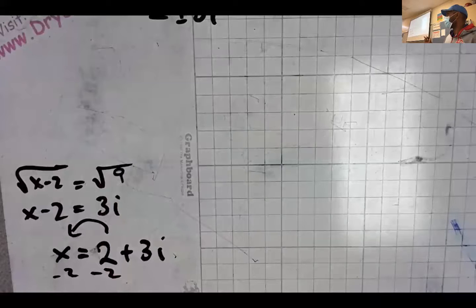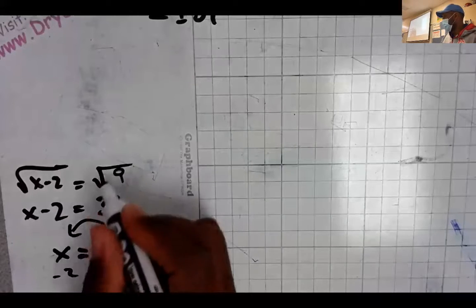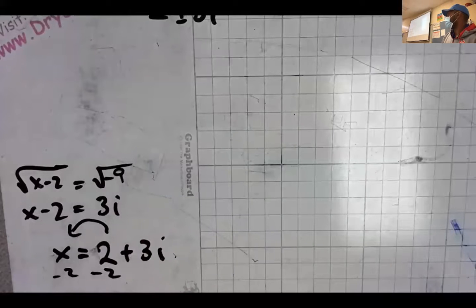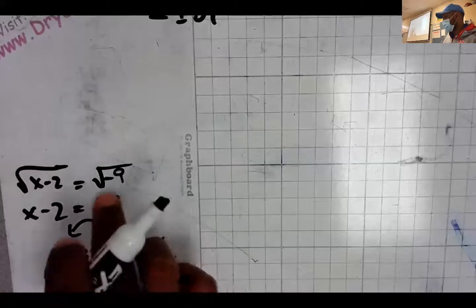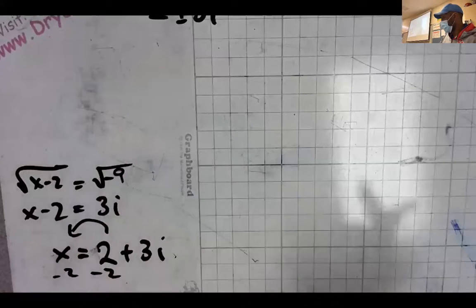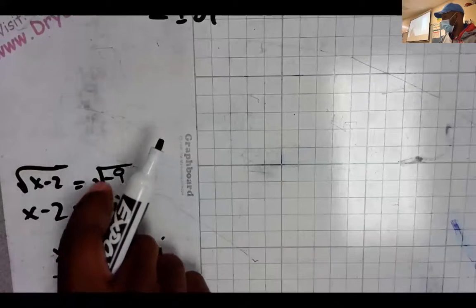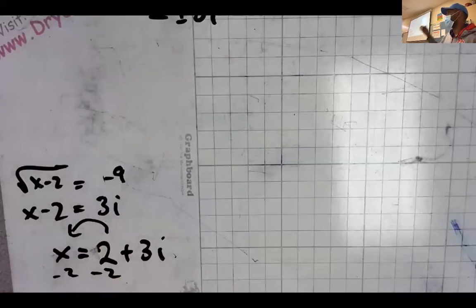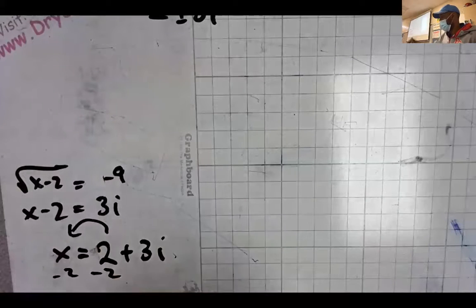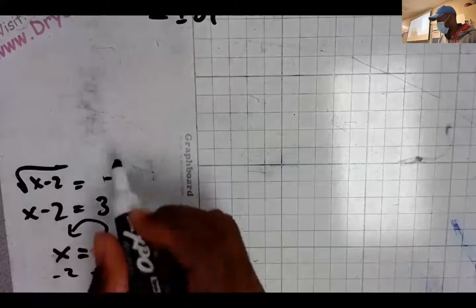No, not 9i. What gives us an i to begin with? A negative. So it was a negative before, okay? So that's basically what I was taking the square root of to get to this point. Now, the square root's not part of the problem. It's not actually a square root, but we're making the point that we had to square root negative 9 to get to the next step. All right, now,